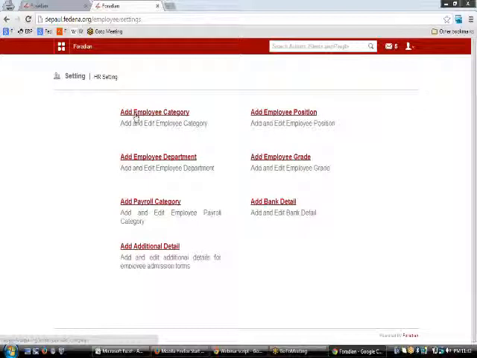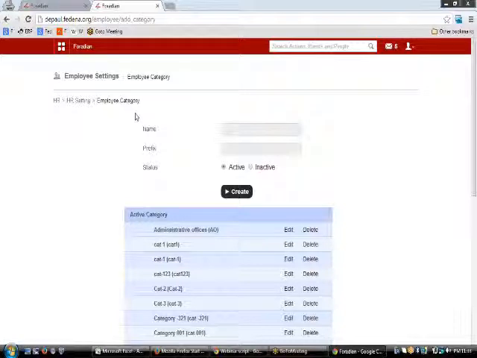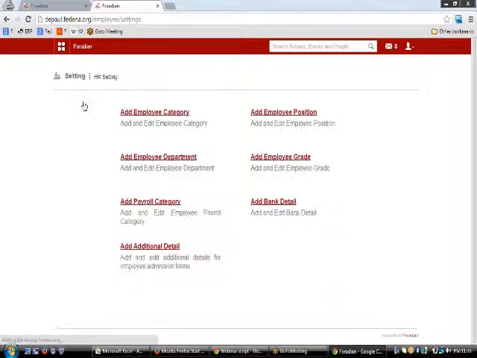and you'll be able to add employee categories, add employee positions, add employee department, and add employee grades also. So basically whenever you are making some employee categories, we will be able to create some divisions or some parts in which we'll be able to categorize all of our employees, just the way we do it for our students. So further, in each of these categories we have a place where we'll be able to add some positions.